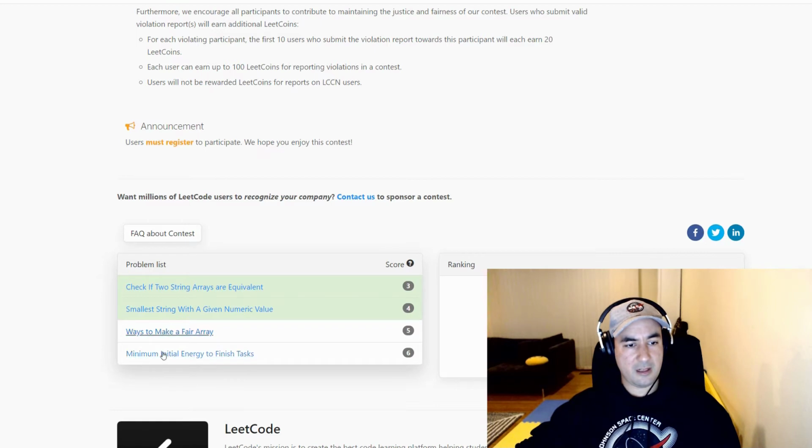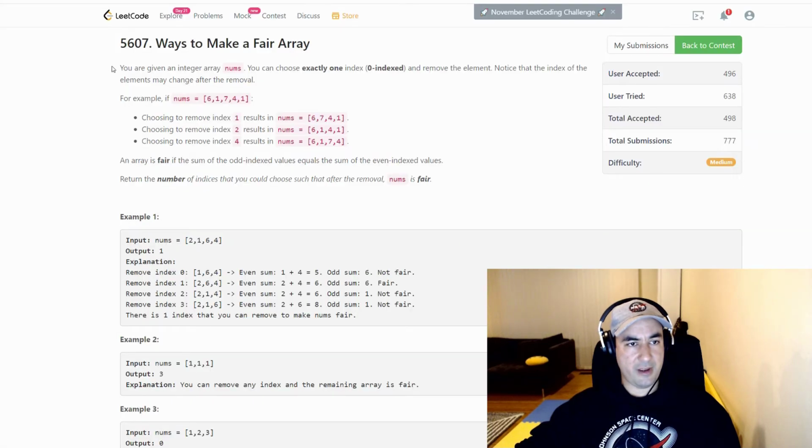Okay, let's take a look at our third problem. Ways to make a fair array. You're given an integer array nums. You can choose exactly one index, 0 indexed, and remove the element. Notice that the index of the elements may change after the removal. For example,